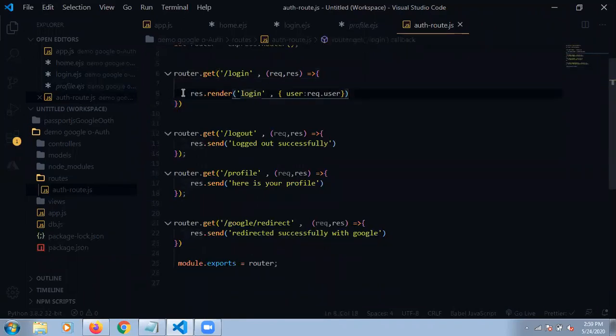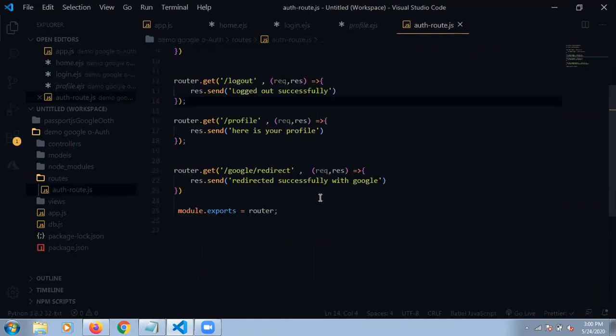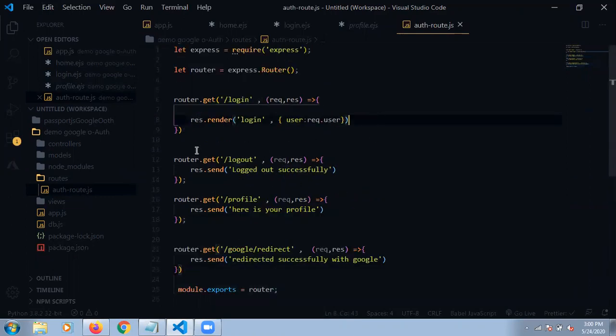These are all the pages we are going to, since we are rendering in our authentication route on the login page, so we are using res.render, but all the other parts will be used when the user is logged in, then only can he log out. Without logging in, how can we log out? So for future purposes we are using it here. And here we are going to learn something more useful: how we connect Passport JS with our application and how Passport JS actually works. We are going to learn that in the next video.